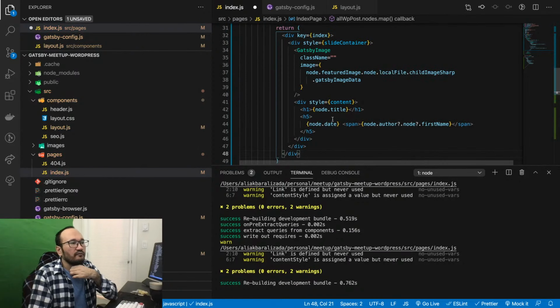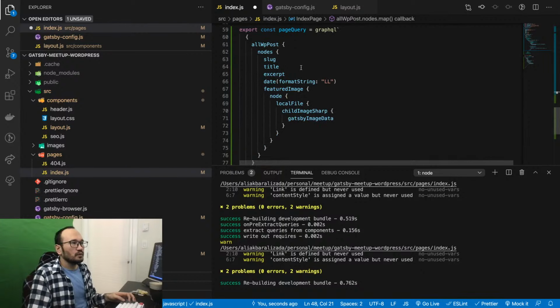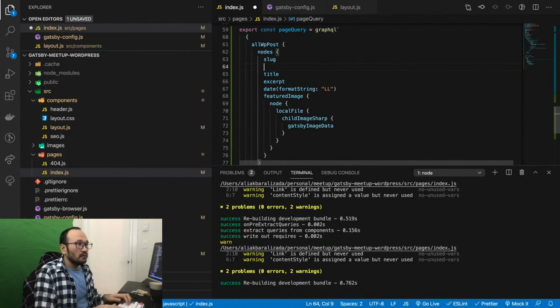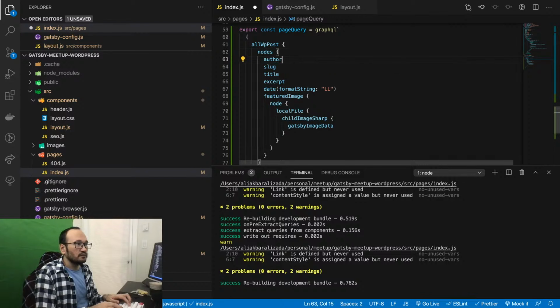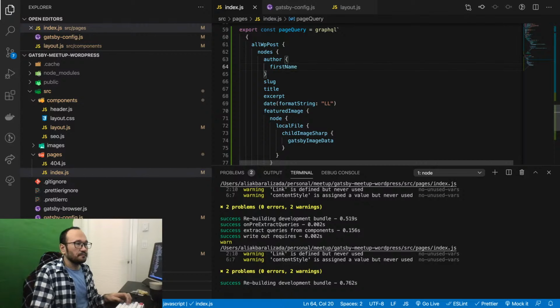Okay, so I have a node title, and then here I need to have an author node first name. So I want to add author, and author has a first name.